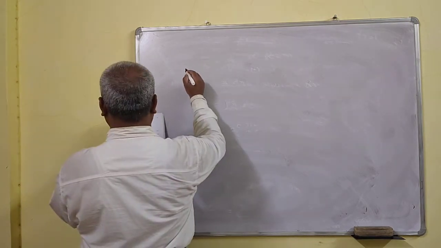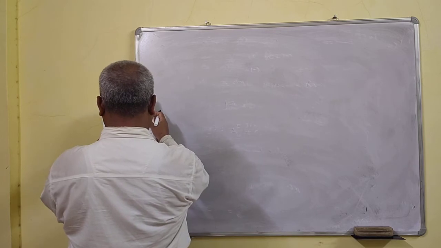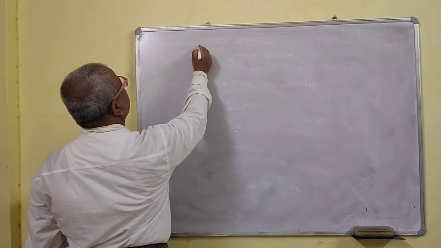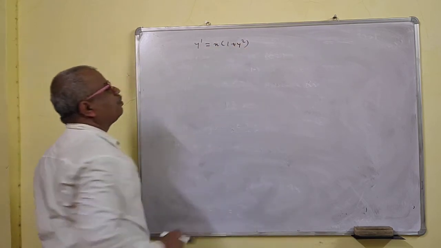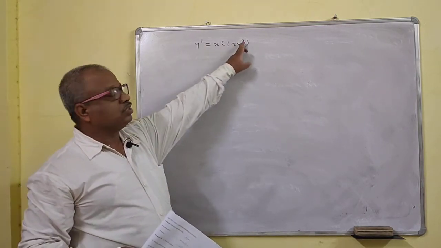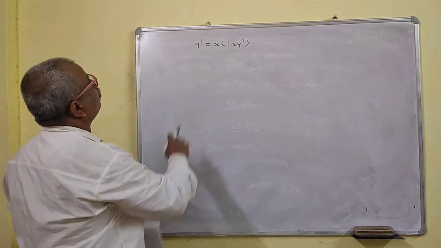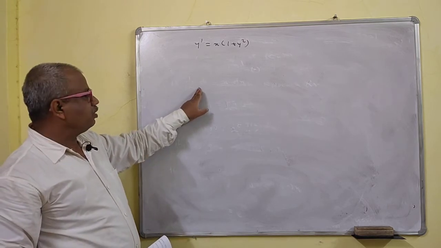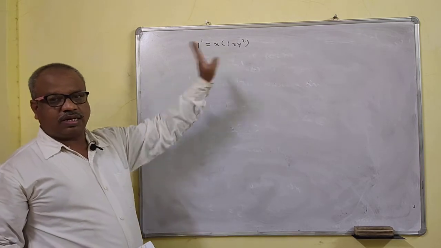Okay, solve. Oh, this is 1 by y square. We made a mistake somewhere now. This is y prime is equal to x into 1 plus y square. The previous problem was 1 plus y, not 1 plus y square. So we'll correct that problem. Just erase this one. Just write this is 1 plus y. Previously we did 1 upon 1 plus y; we forgot there the y square. Now you correct the problem there. Don't write the y square now. Just write the y.